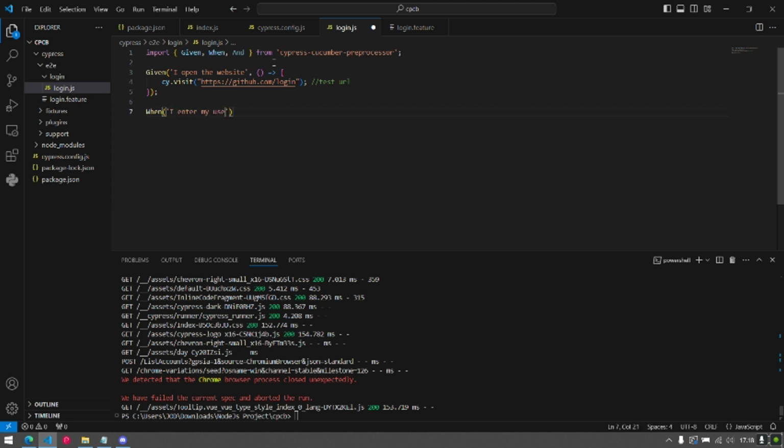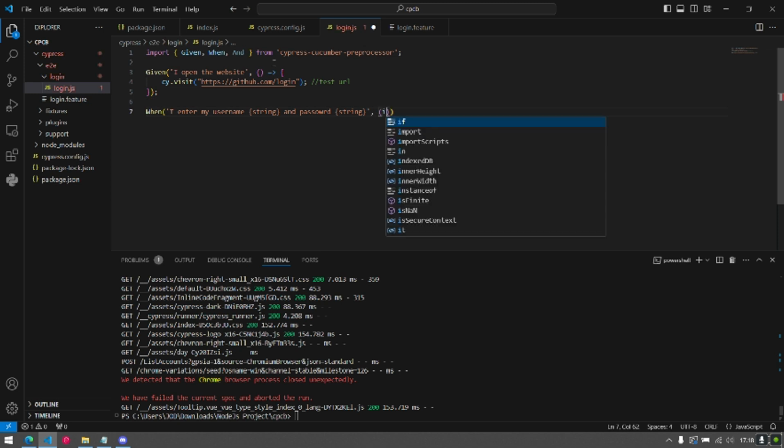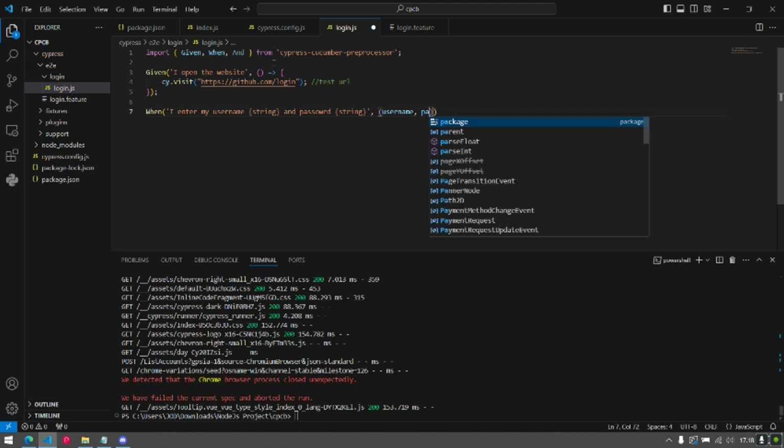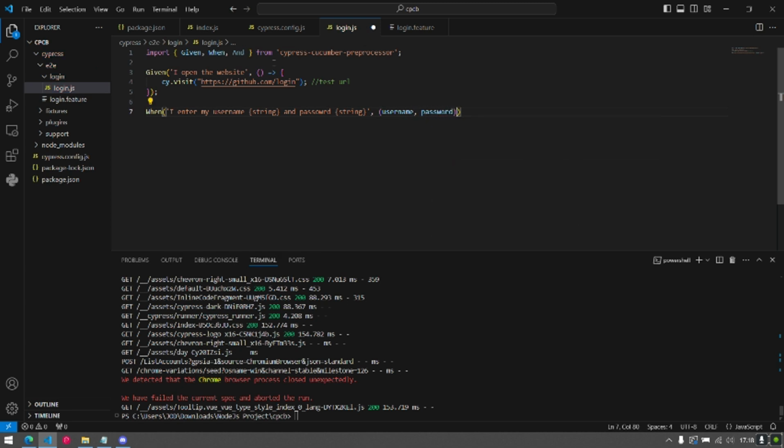Enter my username. Okay, we can add the string here, and password. Oh sorry, string. Okay, then we call the username and the password.